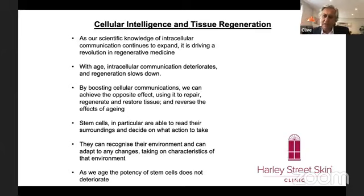our stem cells. And I'm going to talk about stem cells in a minute as well, because stem cells in particular are able to read these messages, but only if they're there. If they're not there, the stem cells become dormant and they become quiescent. They don't lose their potency because once we reintroduce those messages, they'll pick them up and they'll become activated again. They can also recognize the environment that they're in and adapt to any changes taking on the characteristic of that